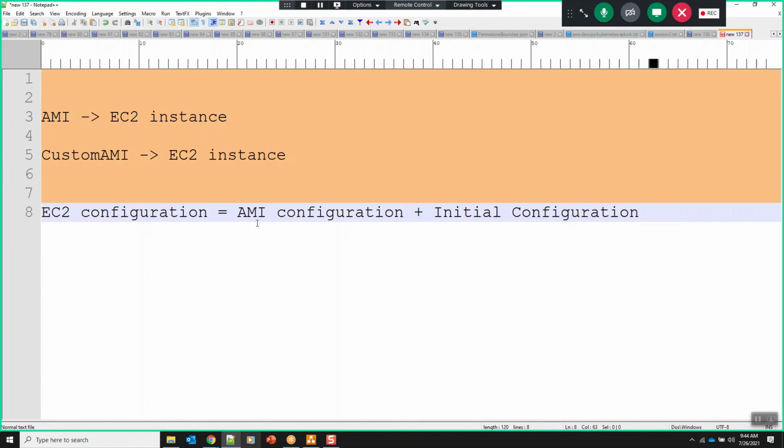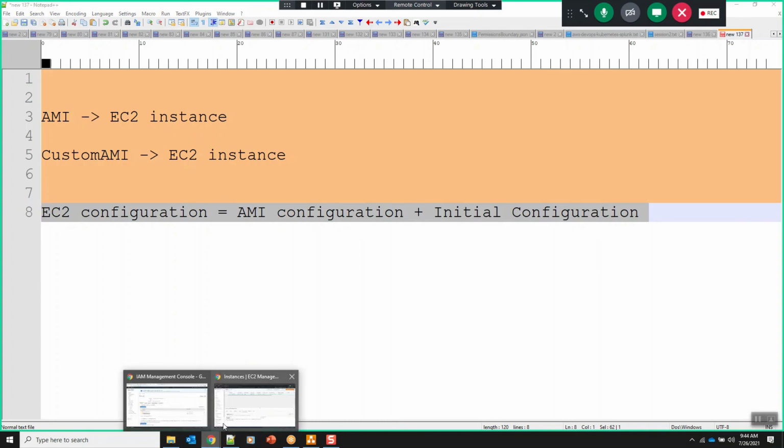So an EC2 instance status check may fail because of the configuration. That means the AMI configuration might be wrong, or the initial configuration is wrong, right? So if the instance status check fails, maybe we are partly responsible, and we have to take a deep dive look. But if it is a system status failure, we can't do anything.